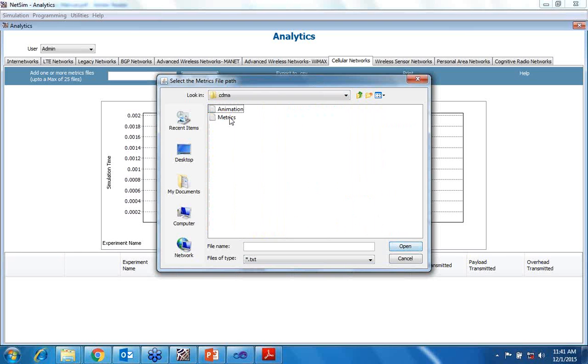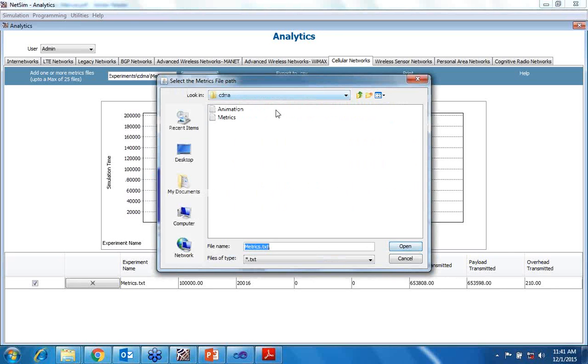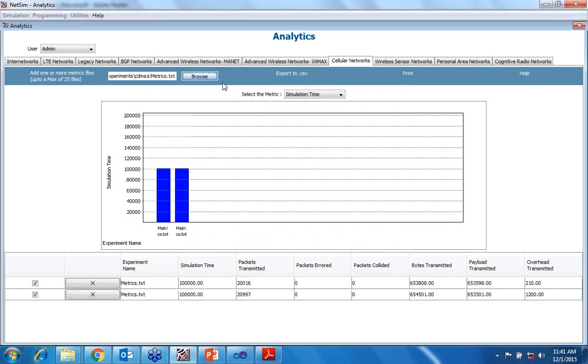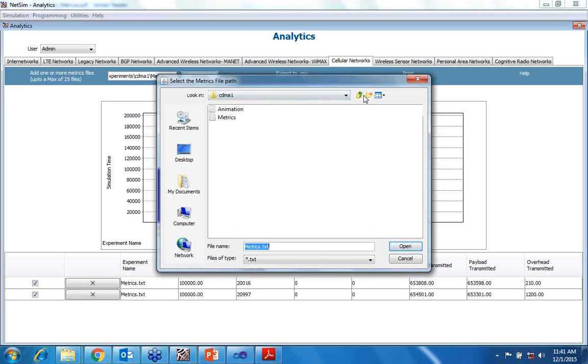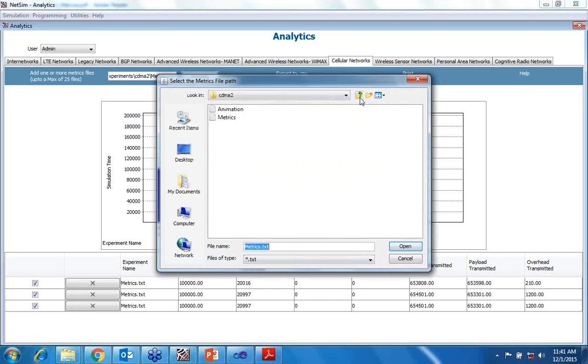Here CDMA metrics. So we have to open different metrics files from here, like CDMA, CDMA2, CDMA4.